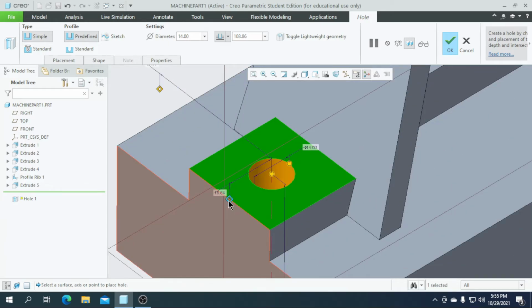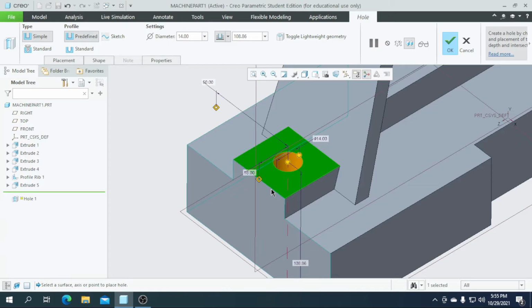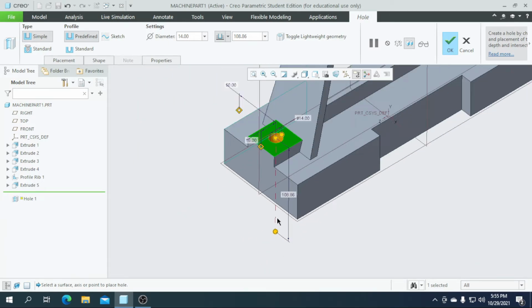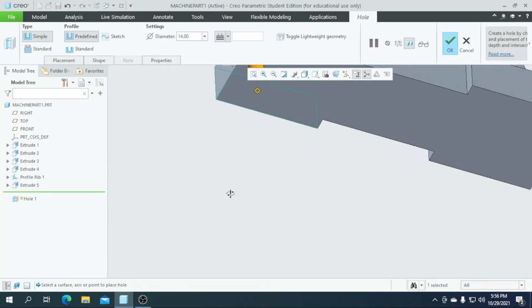So then from this face to this center point I need a value of 18. So then circle radius of 14, it's okay for me, and adjust the depth. So you can see here the depth is extruding the plane, so don't worry about that. Select this, drill up to next surface, so it is correctly drilled.